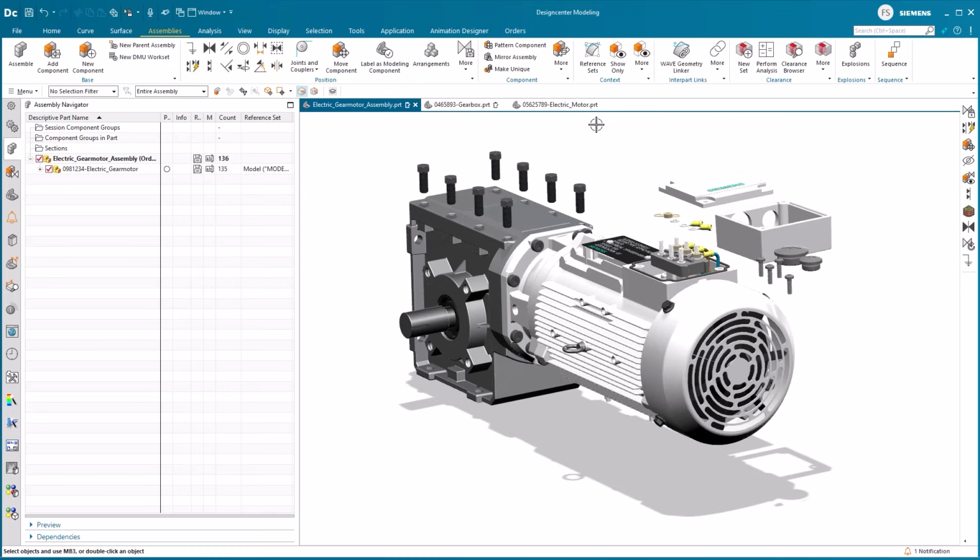In this tips and tricks session, we will have a look at the assembly constraints, some new exciting functionality, along with some great usability improvements that will make your workflow more streamlined and efficient while creating and handling your various assembly tasks. In this example, we will be looking at an electric gear motor, the one you see on the screen, while walking you through usability improvements as well as new functionality.